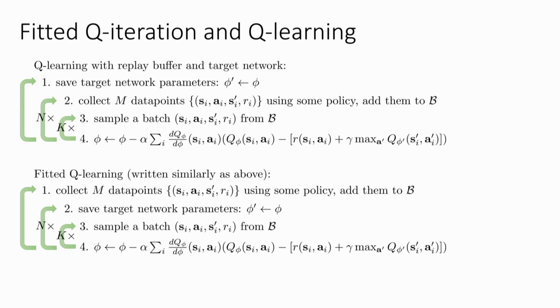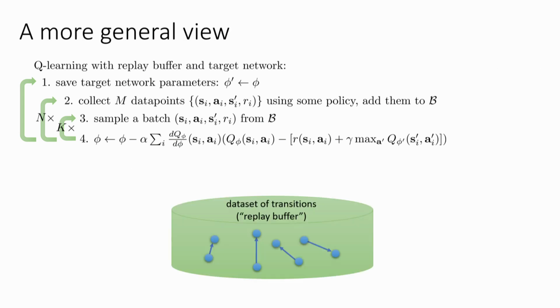So looking at these two things side by side, we might think that maybe there's a generalization of all this that doesn't have a bunch of nested inner and outer loops, but something that just recognizes the fact that there are multiple concurrent processes going on in this algorithm. And we can actually sketch out a diagram like this that avoids weird nested loops and shows this method for what it really is, which is a collection of multiple concurrent processes. So here is the more general view.